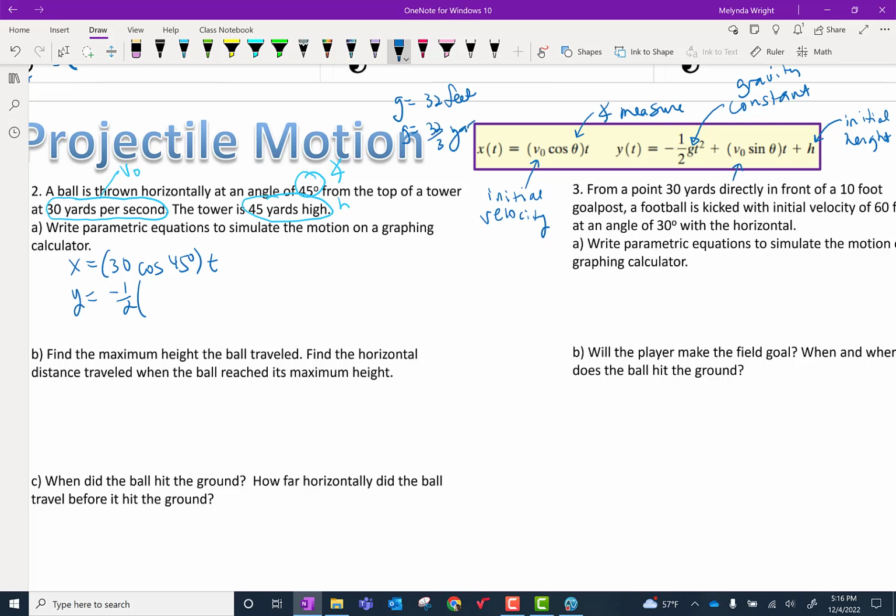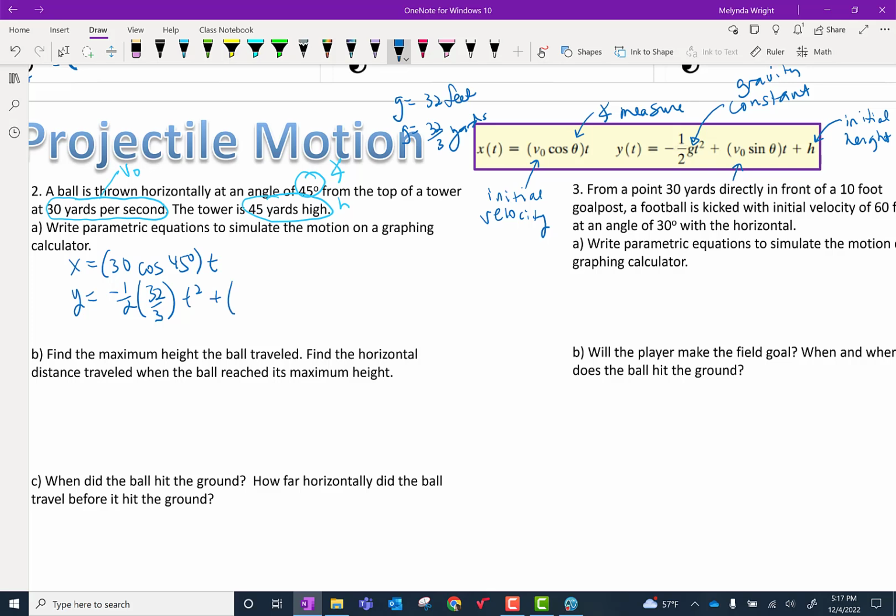So it's -1/2 times, since we're in yards, 32 thirds. And again, you'll be given the constant of gravity. 32 thirds. And then we've got t squared